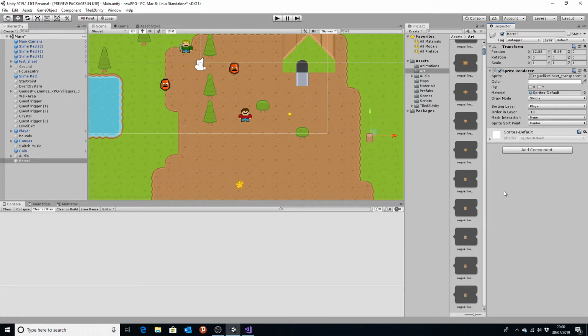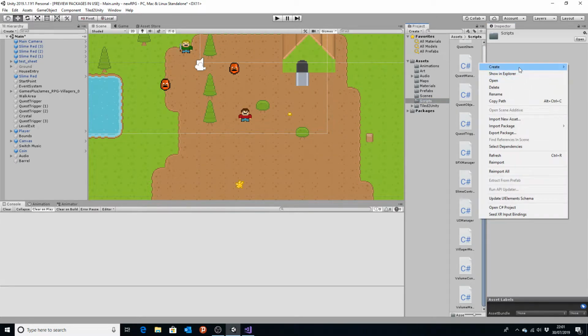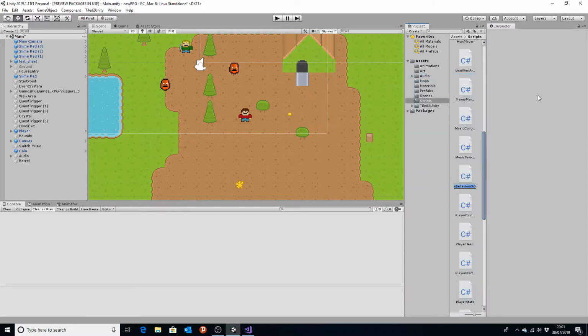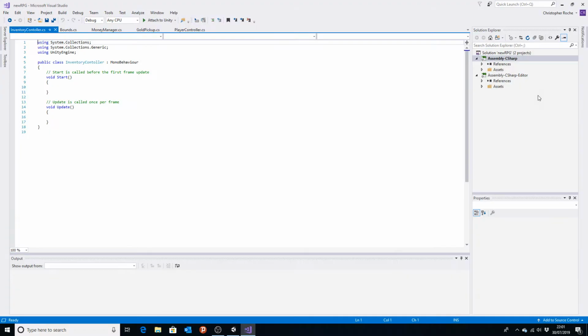Now the barrel will need to have a mono behavior on it. So if we go to scripts and create a new C# script, and we'll call that inventory controller. Open that in Visual Studio. I don't really like MonoDevelop. And then we need to put some